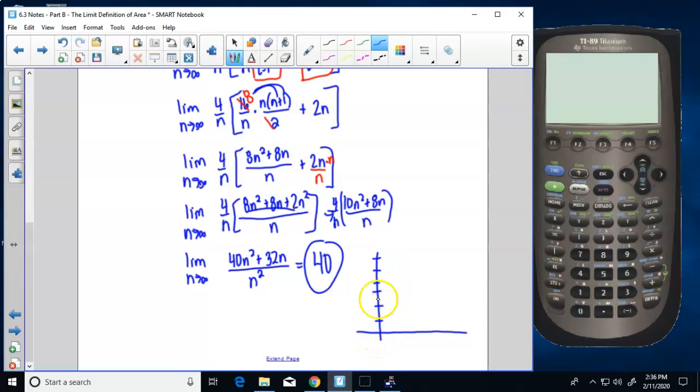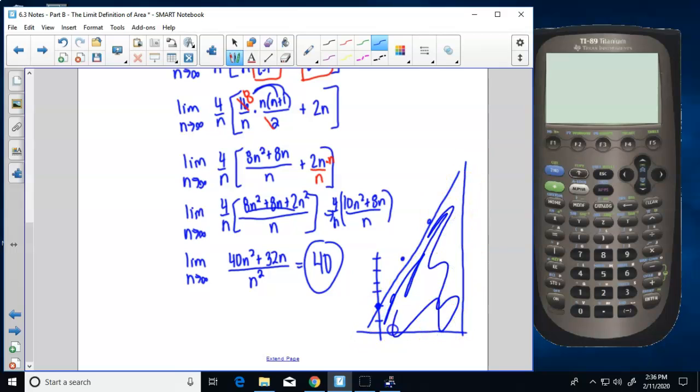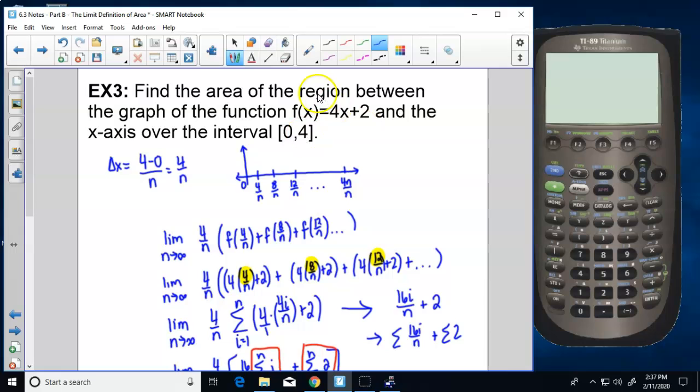Because this is 4x plus 2. So you've got a y-intercept at 2. You've got a slope of 4. It is a straight line from 0 to 4. This makes a shape you can find the area of. So graph it and find the area in the real case, because it would be a lot easier than what we just did here. Main thing is I wanted something that was fairly simple for us to do as far as the solving goes,